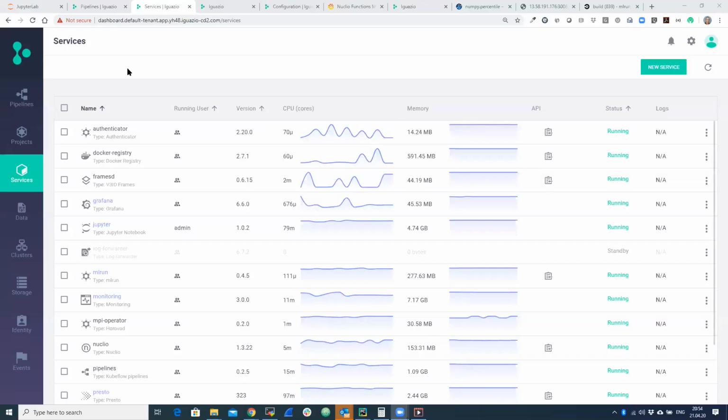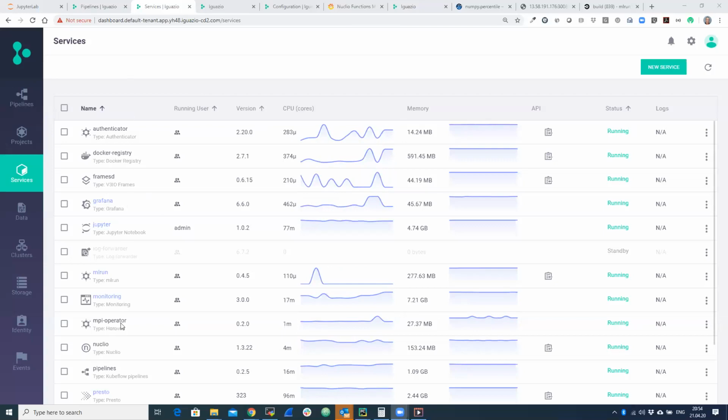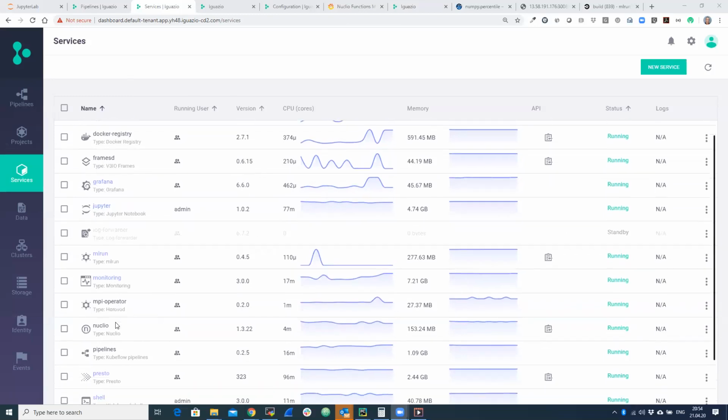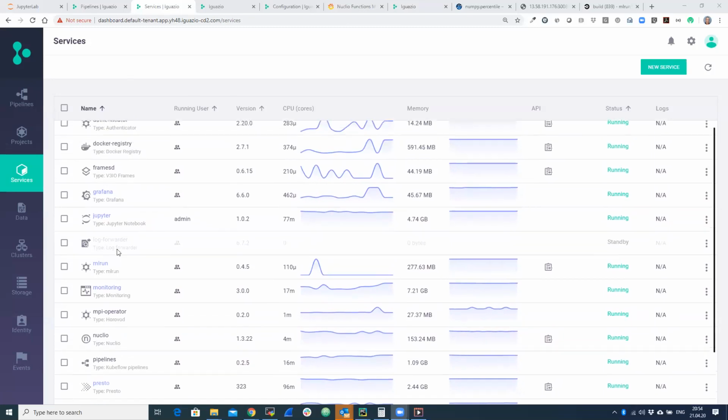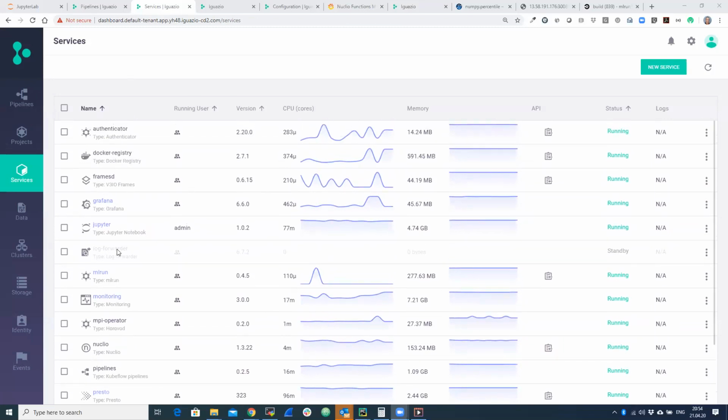If I share my screen, when you log into our platform dashboard on the Iguazio system, you can see that you have a catalog of services that are all running on the same cluster. You can see many of those services that I mentioned: Grafana, managed Jupyter, Kubeflow pipelines, even traditional Hadoop tools like Presto, Spark and Hive. They are all managed services on top of the platform that any other service or function can use through APIs.